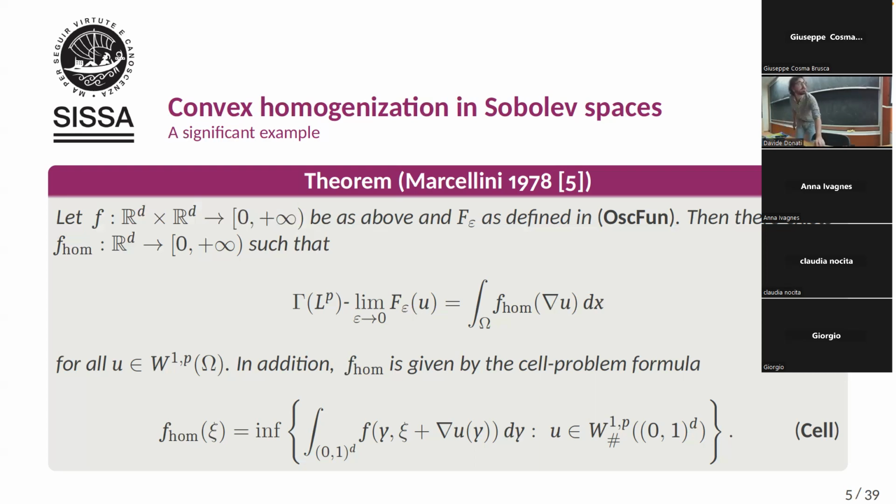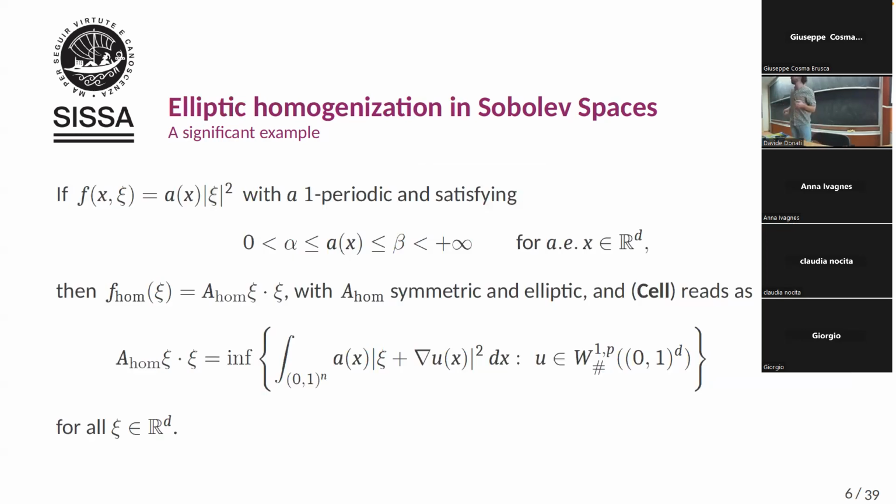Well, this formula then specializes in the case where one chooses as P2 and one chooses as f this particular function, which is given by a coefficient A, which is one periodic, is also strictly positive and bounded from above by a constant beta. Then in this case, f om is going to be, for let's say abstract reasons, a